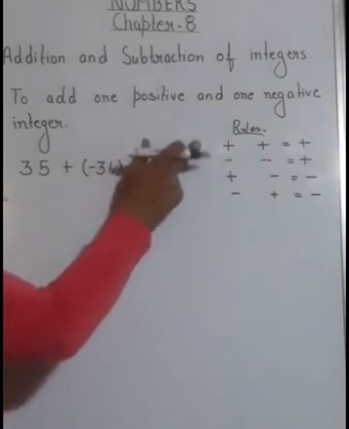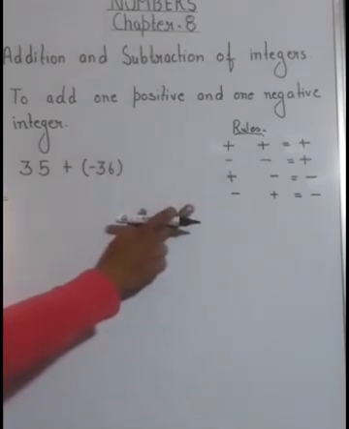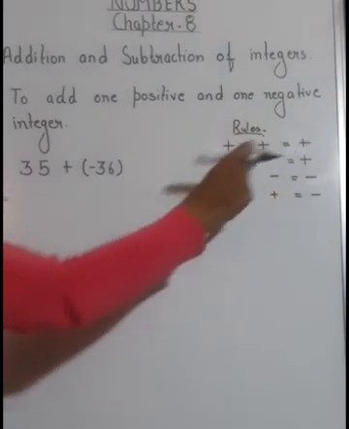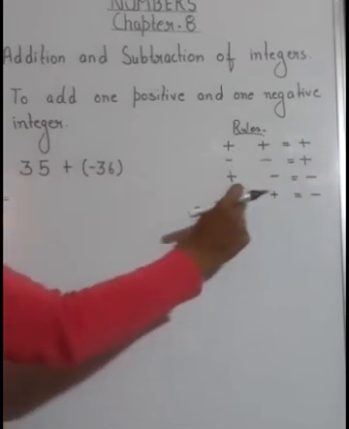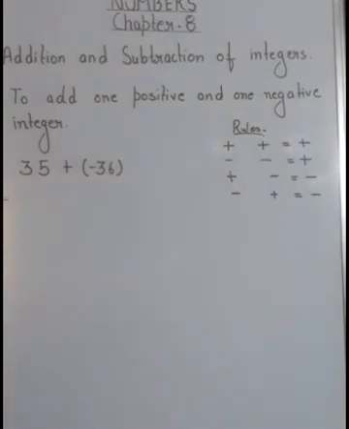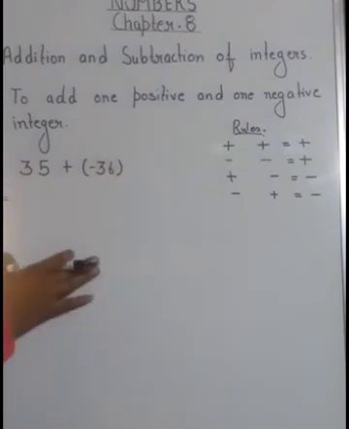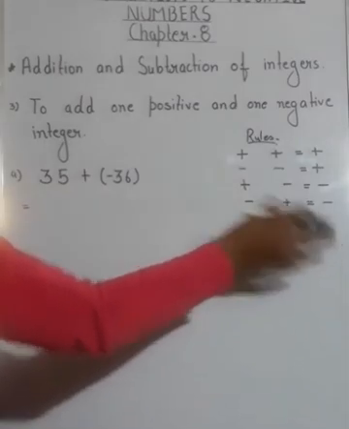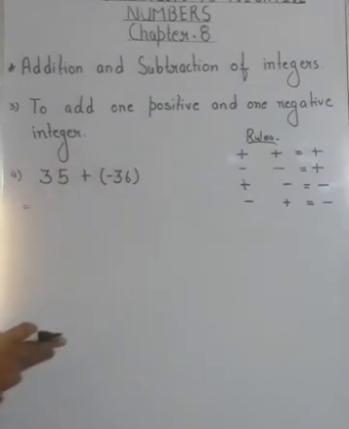Okay, you have to remember this because this will be helpful in your senior classes also. Okay, so what are they? That plus plus is always plus, minus minus is always plus, plus minus is minus, and minus plus is always minus. Okay, these are the operations which you have to follow while solving these equations. Second thing is that in the answer you have to put the sign of the greater integer. So we will solve this one and then we will be more clear about this fact.